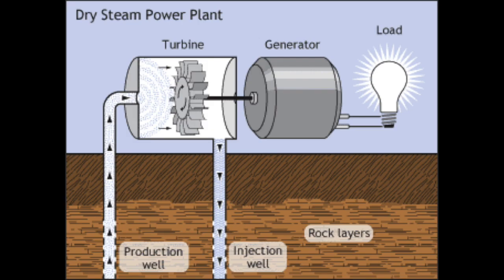Bill was talking about the most popular type of plant, which is a binary plant. The one I would like to talk about is the dry steam power plant. As you can see here, the cycle starts with the working fluid going deep into the earth. Then once down there, it heats up and then vaporizes and comes back up. This steam or vapor is then used to power the turbine, before being cooled and sent back to the earth